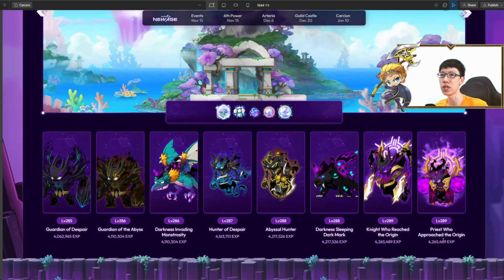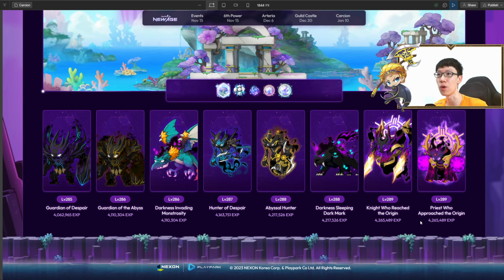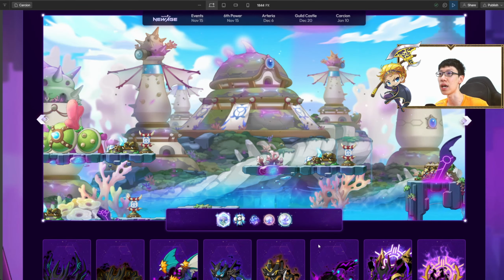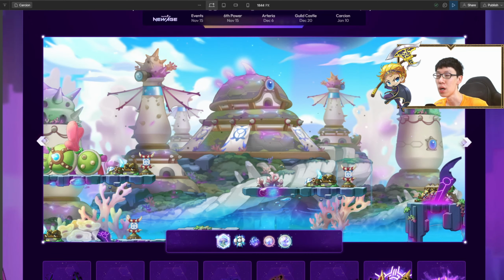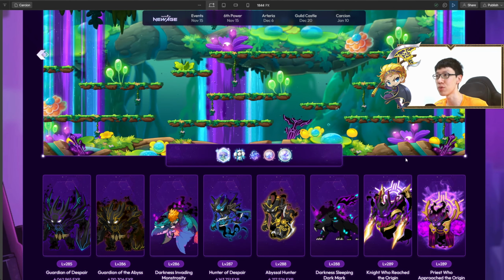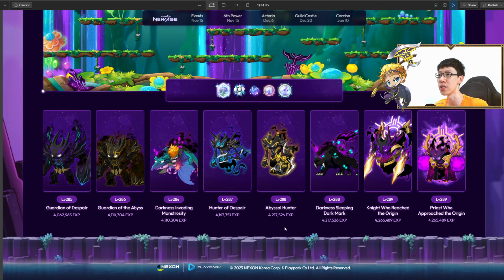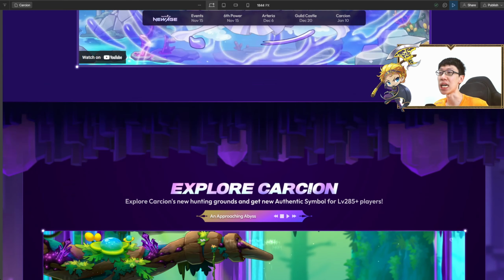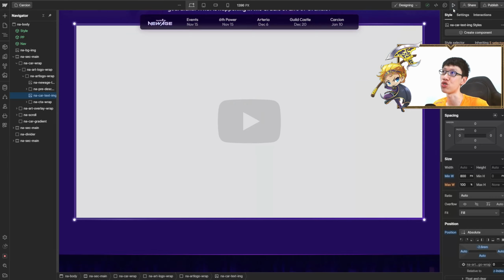this info over here is actually pretty useful for players that cannot access it, and you can actually see what items they drop, and also the maps over here, right? All these are super beautiful maps, super beautiful monsters over here, as well as the EXP. Okay, so yeah, that's basically it for Kashion over here.